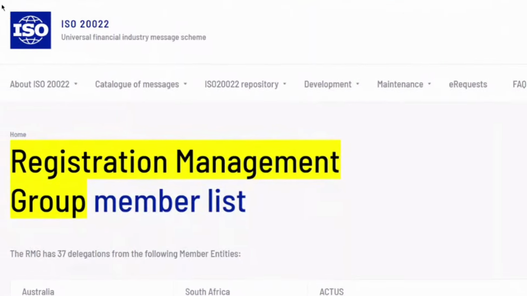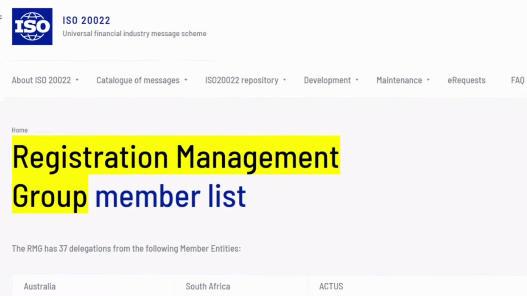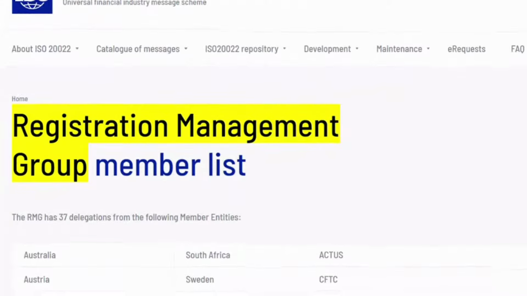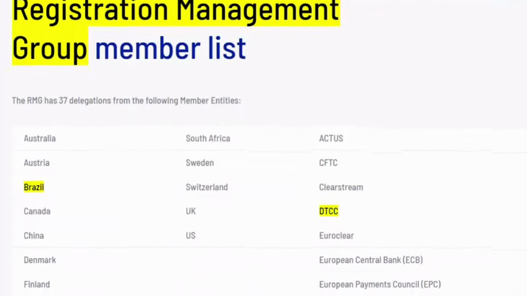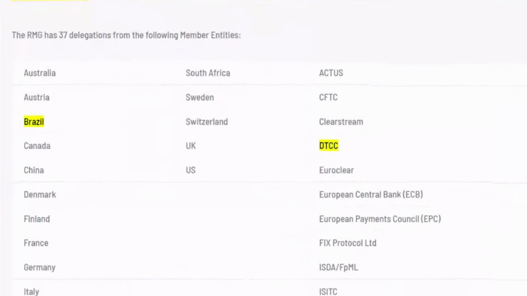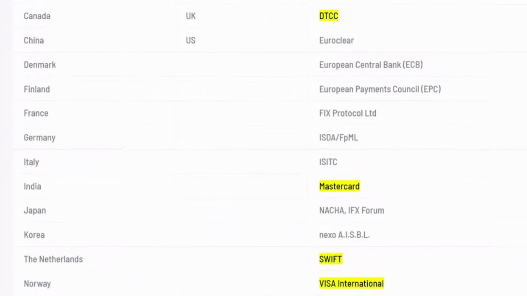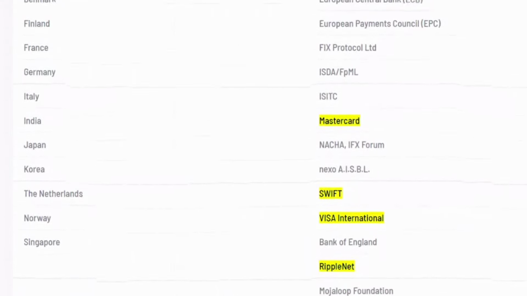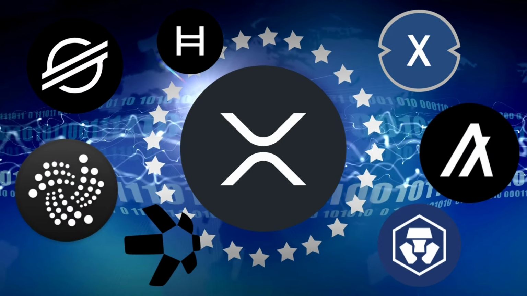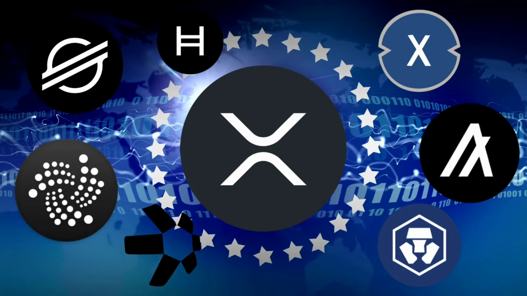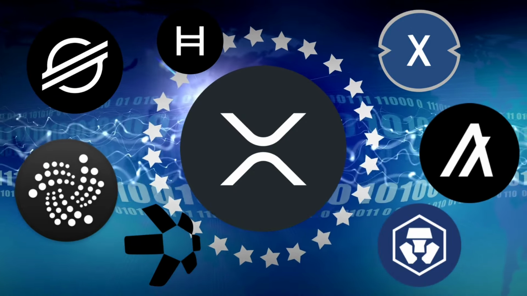You can find more information on who the active players are by going to their site, ISO20022.org. Here is where you want to focus on the RMG member list. Right away, you can see the relationship with RippleNet. You can also see the nations involved. And what I found to be the most interesting is the fact that Russia is nowhere to be found, yet it is also a G20 member. With that, we can start getting into this web of coins that are already active in this transition, now that we have a full understanding of the scope of things.